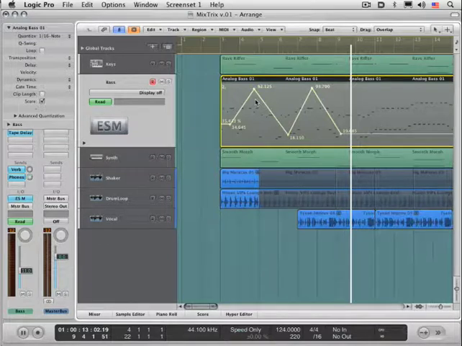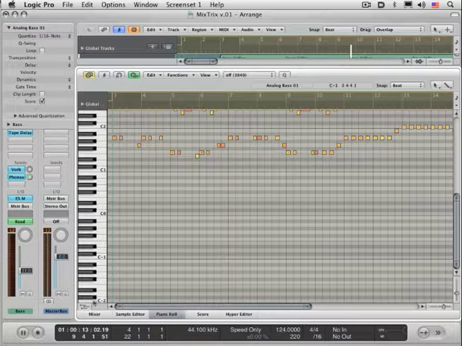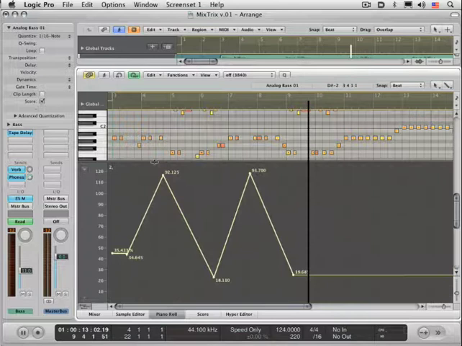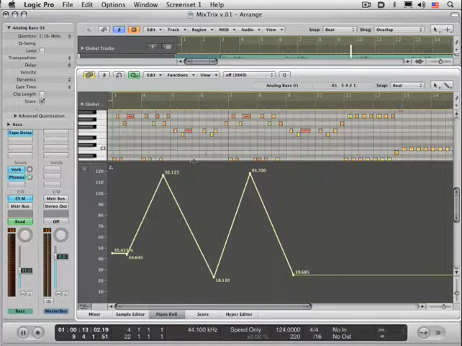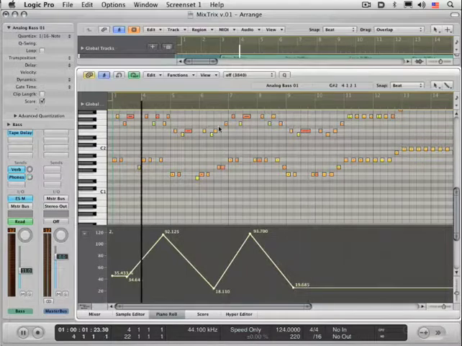So now I can edit this in one of the MIDI editors. Let me hit P for the piano roll. I'll resize this, and we can enable our HyperDraw view from here. And now, let me resize this. We can get a view of the notes and the automation together. So we can edit the automation, view the notes, and work like that.